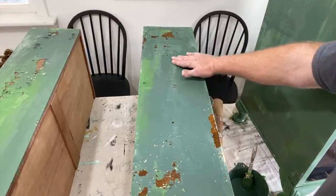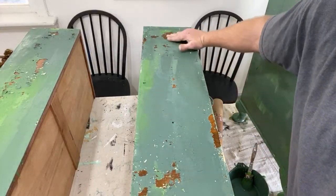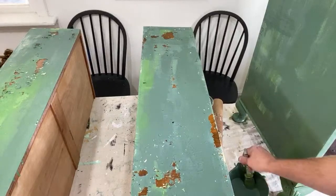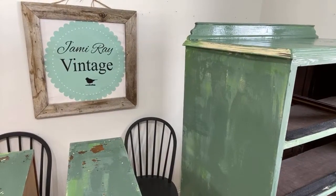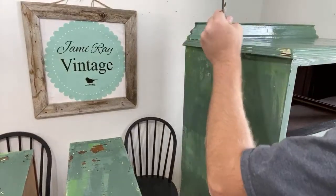I actually don't mind the chipping. I don't know where the 220 is, maybe it's still in the truck. All right, I got some here. I missed a spot over here. I'm just standing here, if you guys can hear me. I'm trying to remove all the...